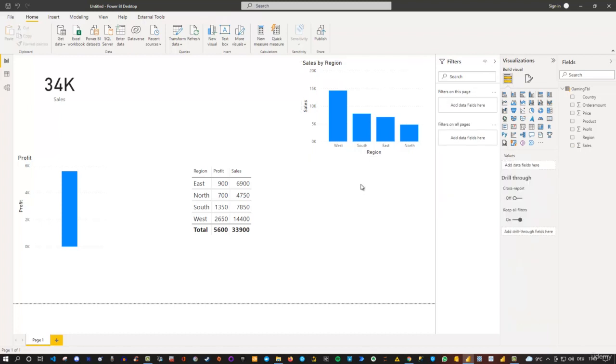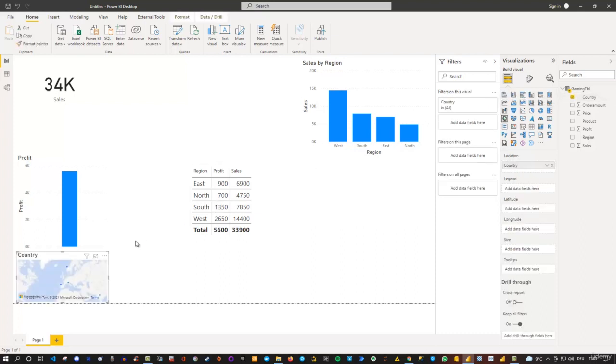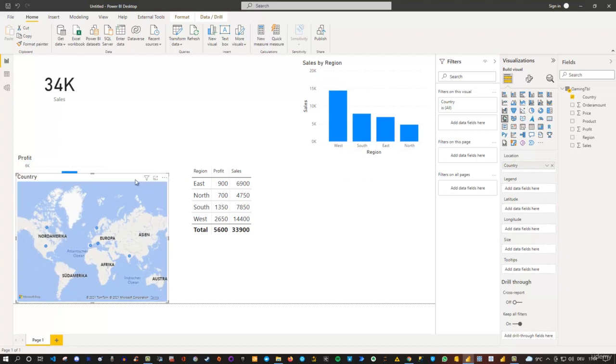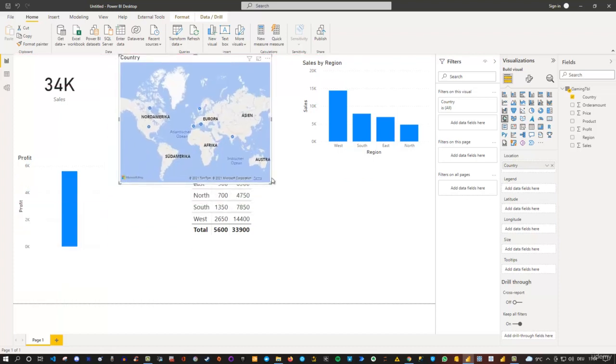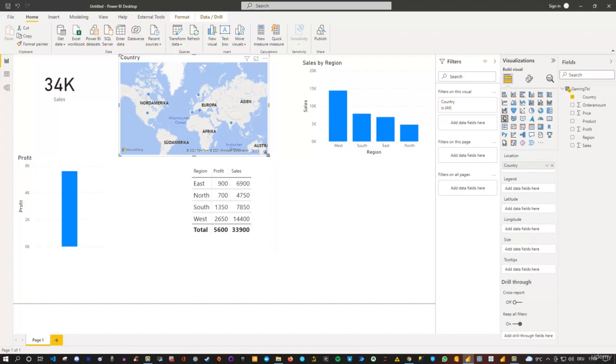Another option which I could show you is, for instance, for the country. The country itself is referring to a country. And if I first click somewhere on my blank canvas and then tick the country option, you see that by default, now Power BI creates a map for me. So this is the third default behavior when you're referring to geographical data. So text data always by default creates a table, numerical data creates a bar chart, and in this case, geographical data,